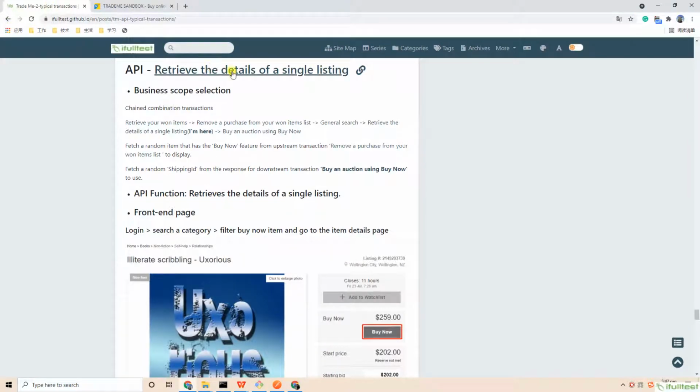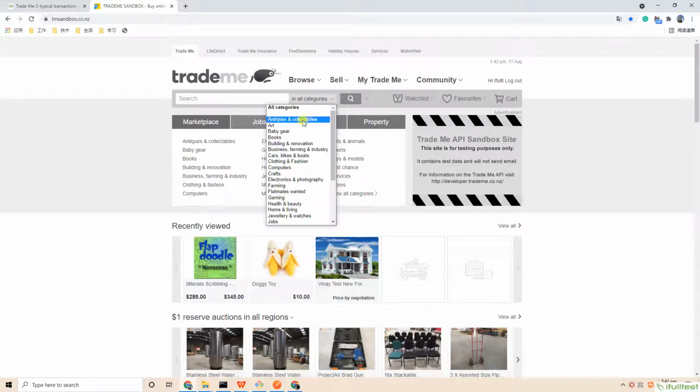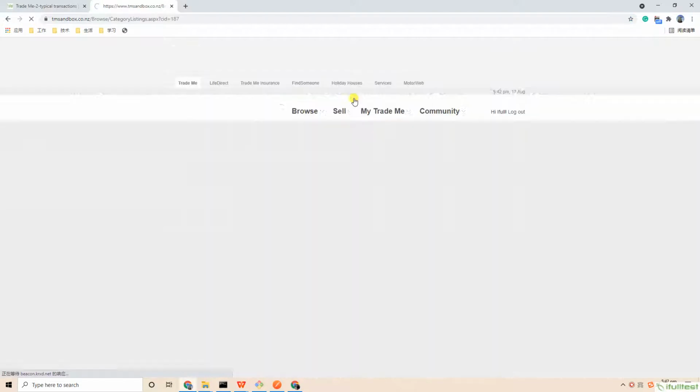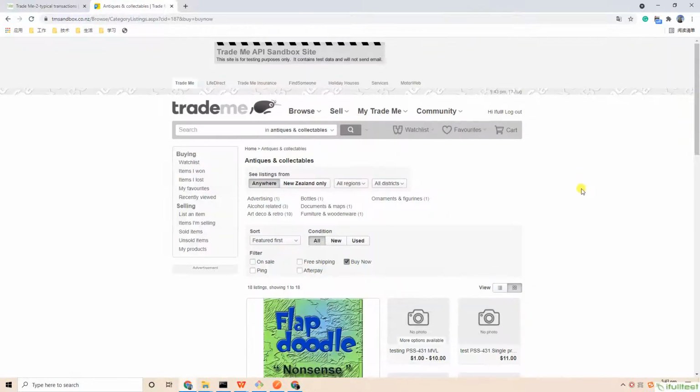The API retrieves the details of a single listing. Its front-end UI page can be reached by logging in, searching a category, filtering Buy Now items, and going to the item details page. The UI page is like this: search box, select one category, click search, then filter Buy Now items.